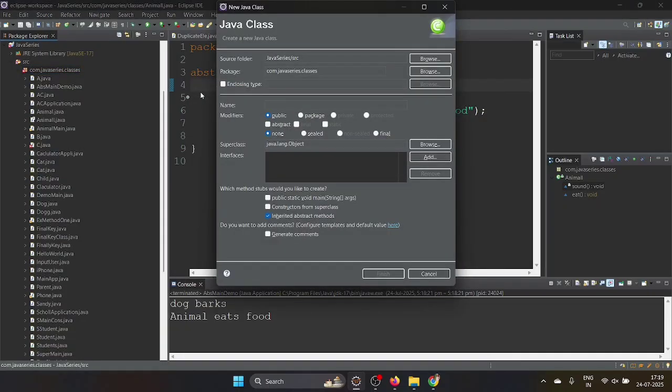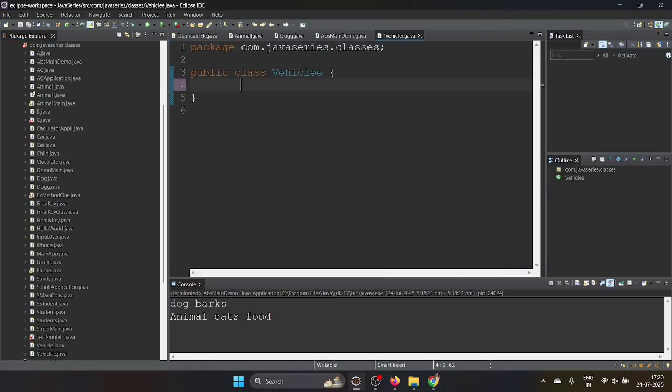I'm going to create one more class called Vehicle. Since Vehicle is already present, I'm giving a double E here. I will give one method, start. Start is completely different for different vehicles, so I'm just giving a method signature, making the method abstract. If you have even one abstract method, you should make the class abstract. Then I will create one more method called stop, and here I'm also making it abstract.